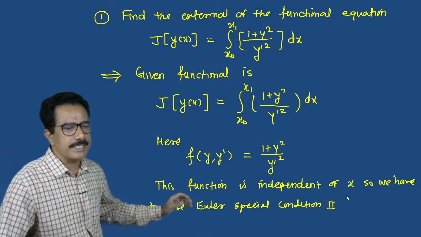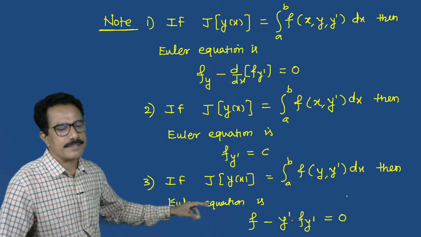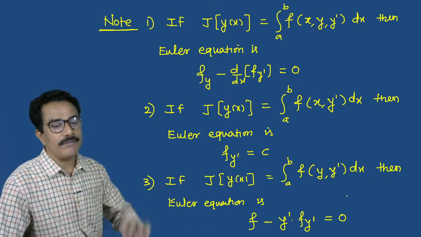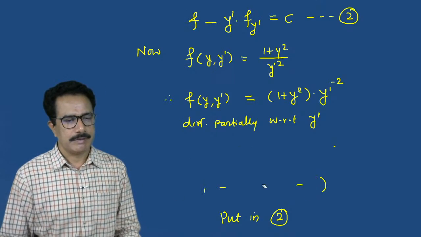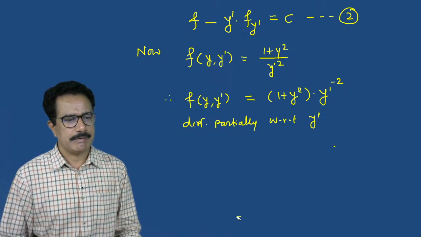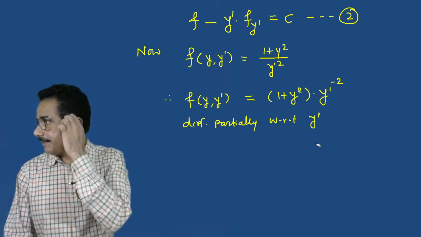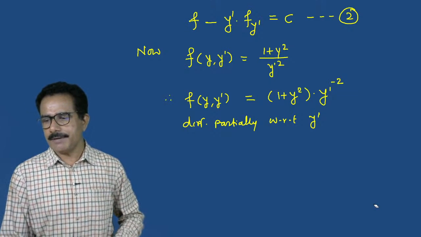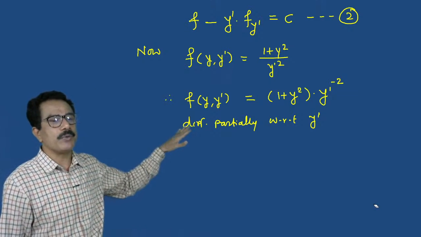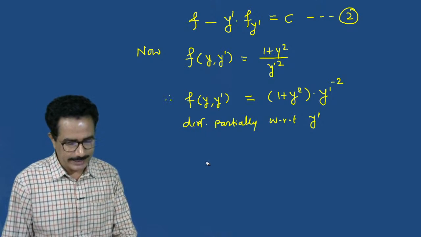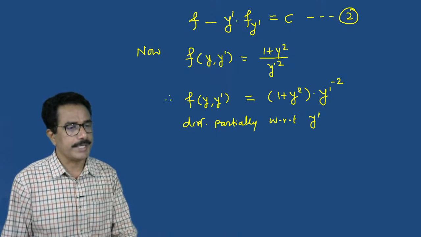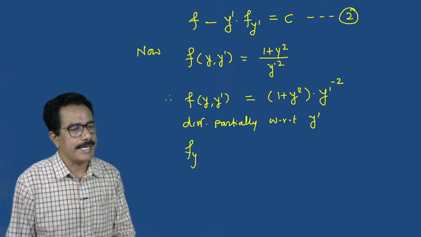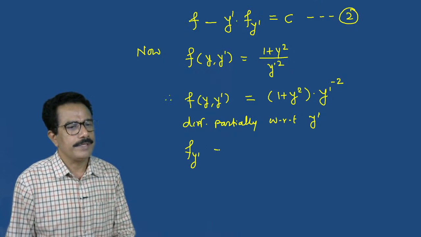What is that special condition? F minus y dash into fy dash is equal to 0. Here we shall take the partial derivative with respect to y dash. So we can write fy dash, which is equal to